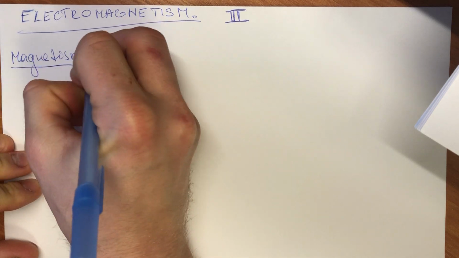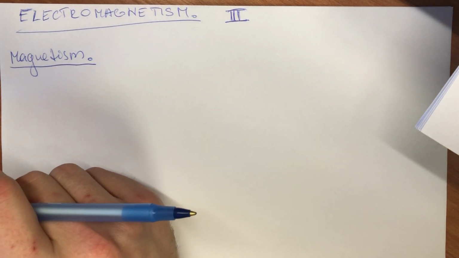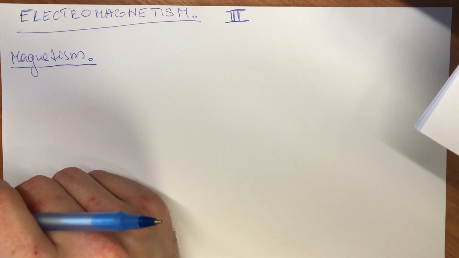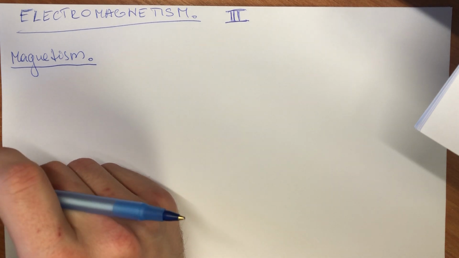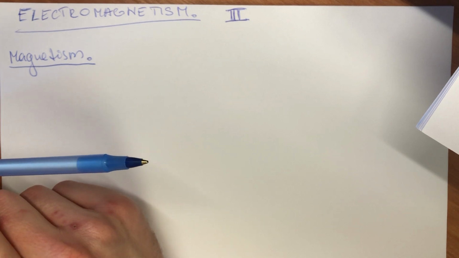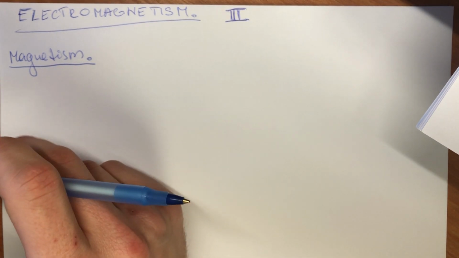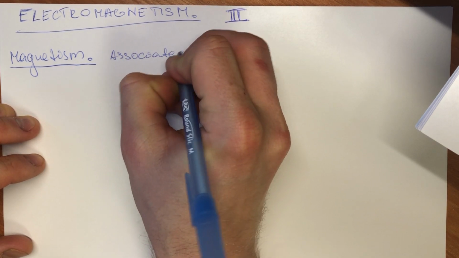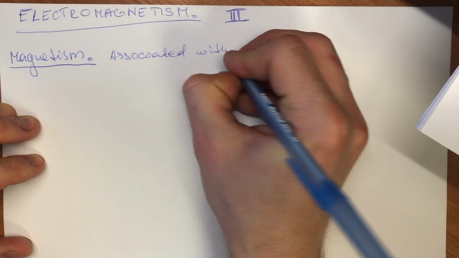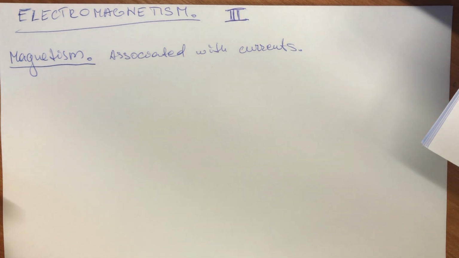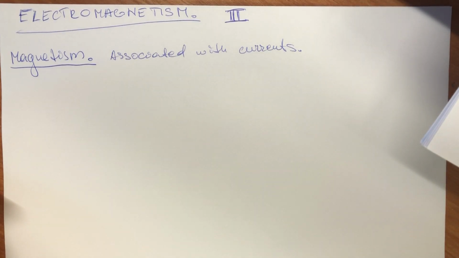So magnetic effects are more easily visualized, because magnetic effects are stronger than electric effects, and magnetic fields are associated with currents. So magnetic fields are associated with currents, and if there is electric current,